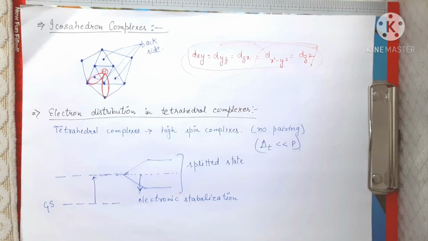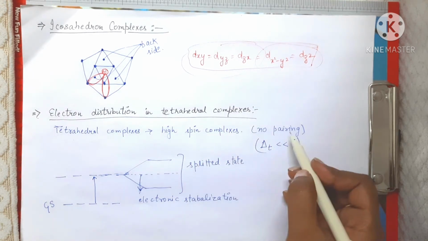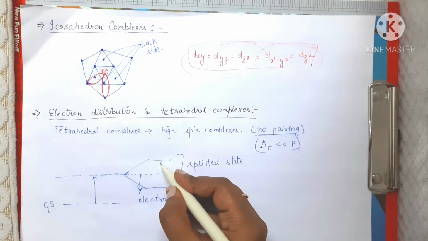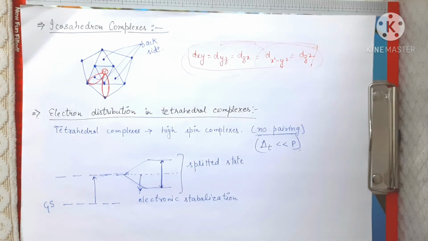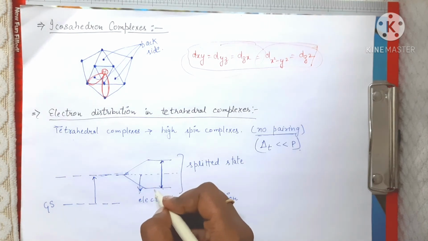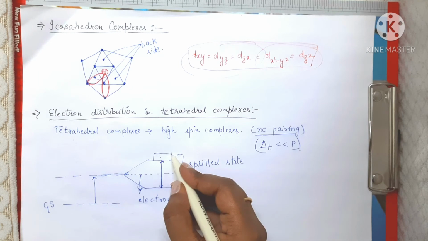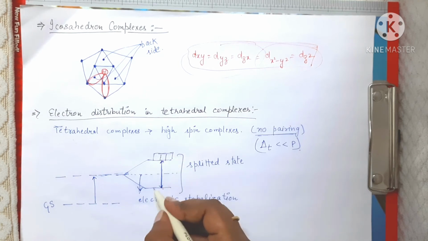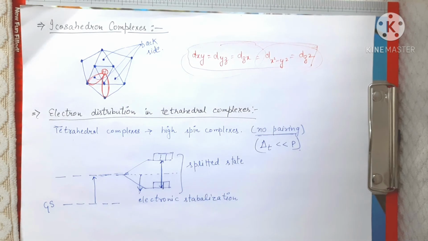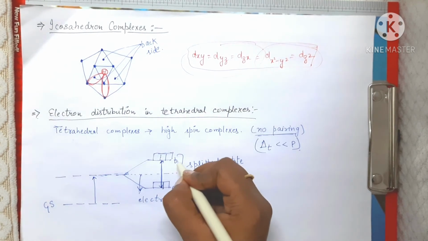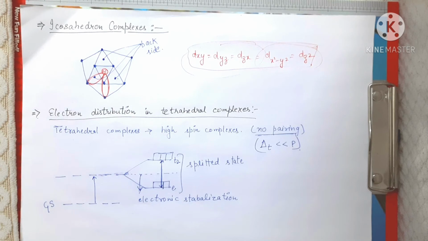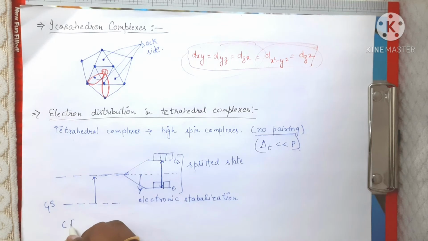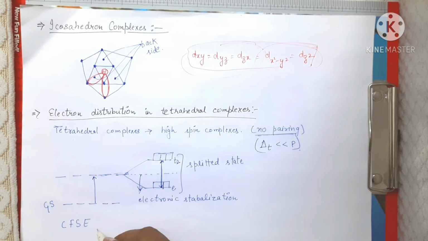So now in the case of tetrahedral complexes, pairing will not happen. The energy difference between these two levels is very low. So the electron, instead of pairing, goes up to the T2 orbitals. Here will be the E and here will be the T2 orbitals. So now, if we want to see the crystal field splitting energy in tetrahedral complexes,